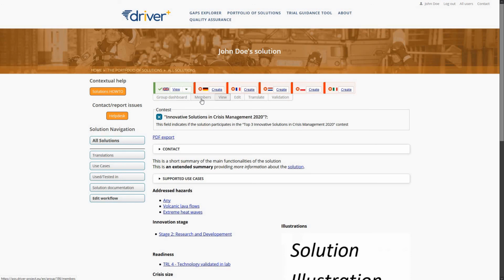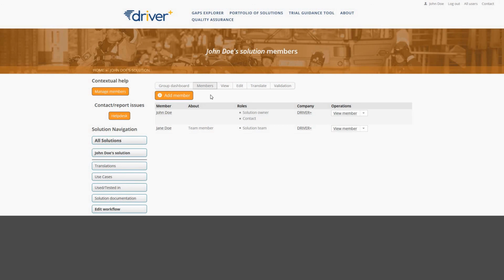From here, you can access the Members tab, which allows you to add registered users of the POS website to your solution team. The user who has added the solution is its owner and can view, edit, and delete any information. Additional accounts are the solution team, which allows viewing and adding of new information, but not deleting it. And Contact, which is used to indicate which persons can be contacted by other POS users that are interested in